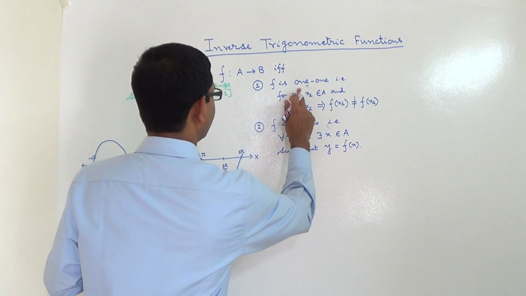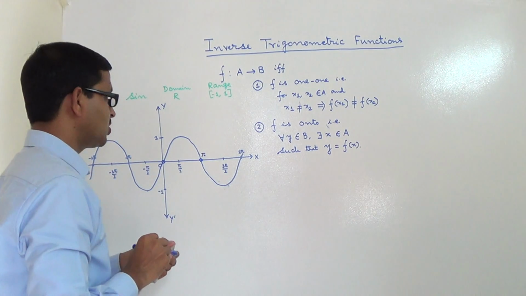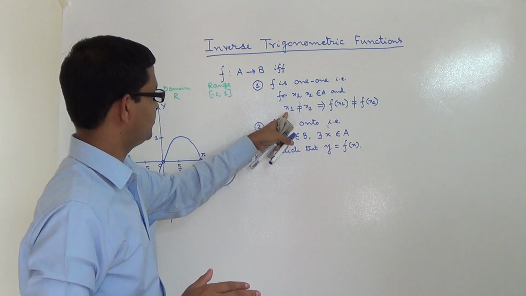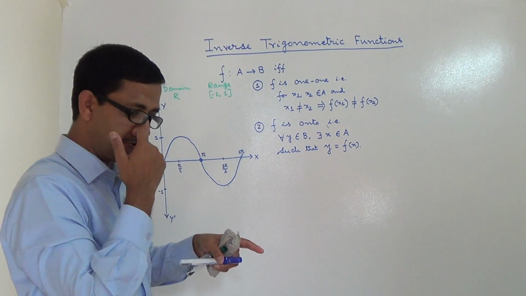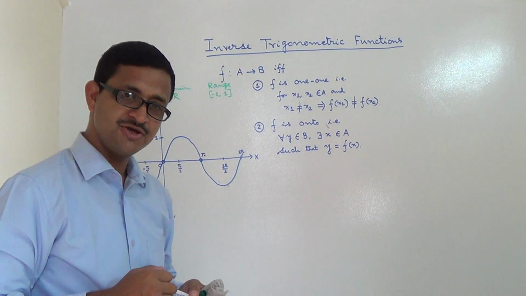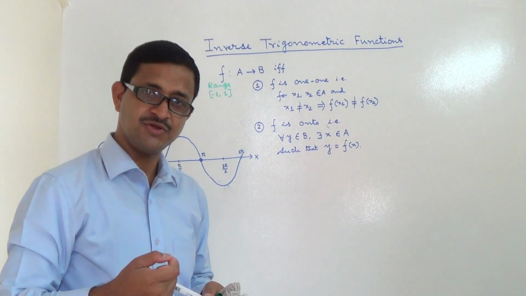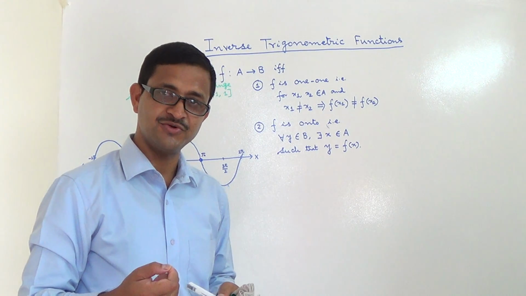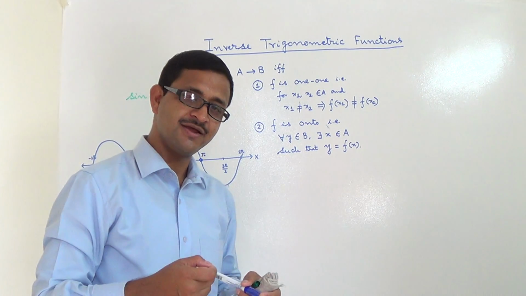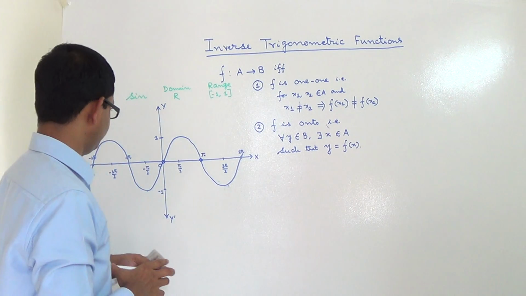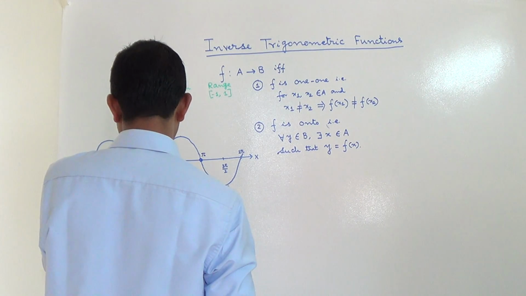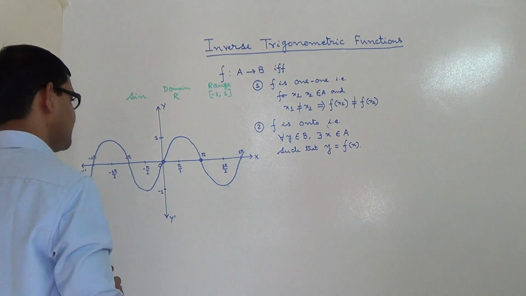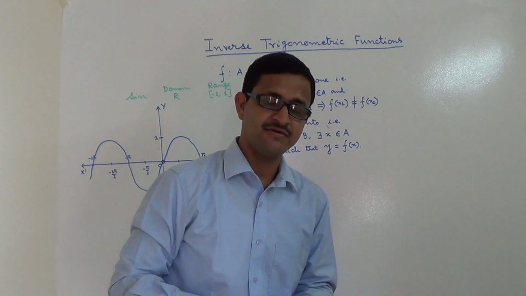So we see that one condition is actually not holding true. That means 0 and pi, if we take x1 as 0 and x2 as pi, then x1 is not equal to x2. But sine x1, that is sine 0, is 0, and sine x2, that is sine pi, is equal to 0. So both are equal where the 0 and pi are not equal. So what we see here is that one-one is not holding true for the function sine